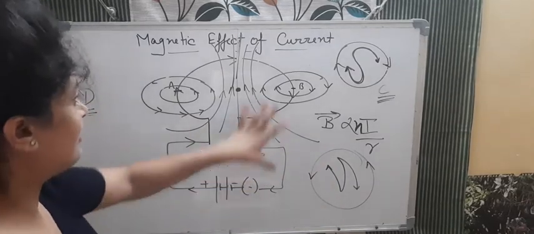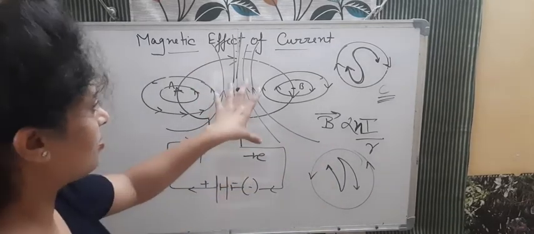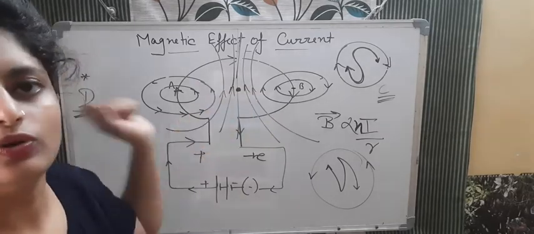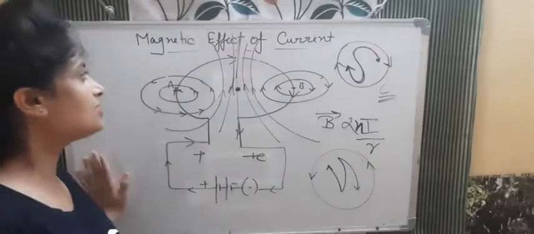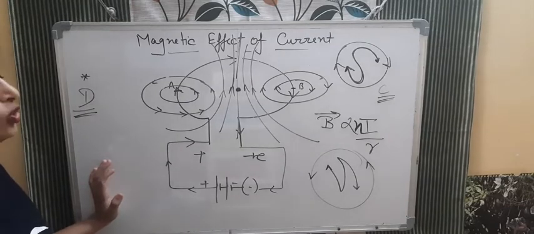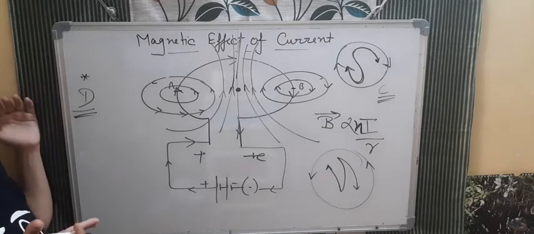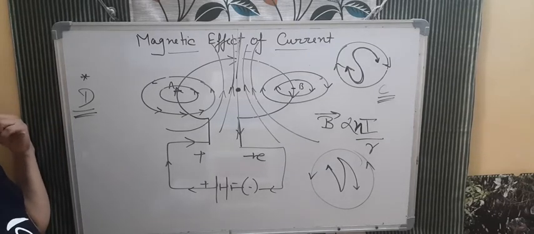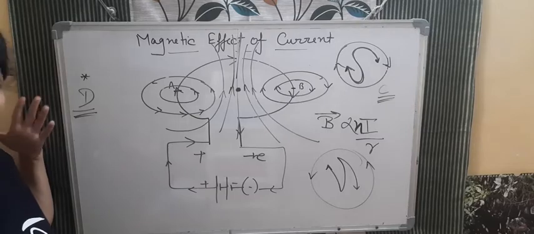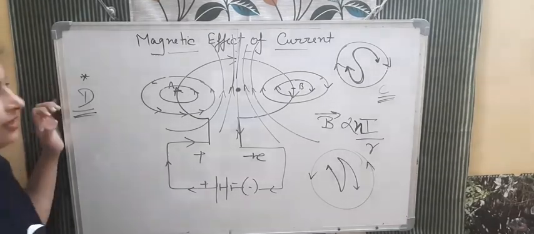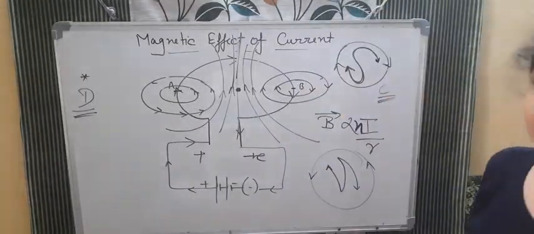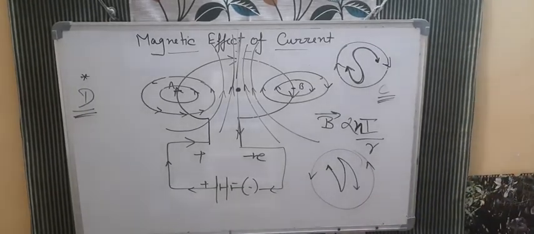So now see, in this case we can say that this particular pole will be like a south pole. Okay, so you can find out about that. So this was about the current carrying loop. Now we will do one to two numericals on this. We will see what kind of questions we can do, and then we will move to the next topic, that is the solenoid, very important. So see one question on this, and then you will get a clear idea of this. Now see, if we take again one current carrying loop in this direction.